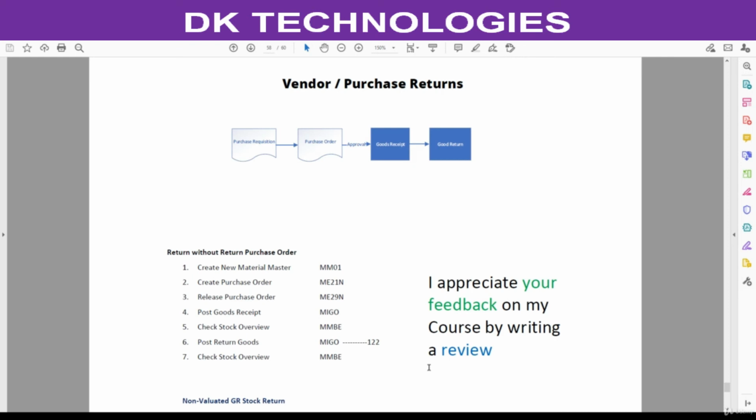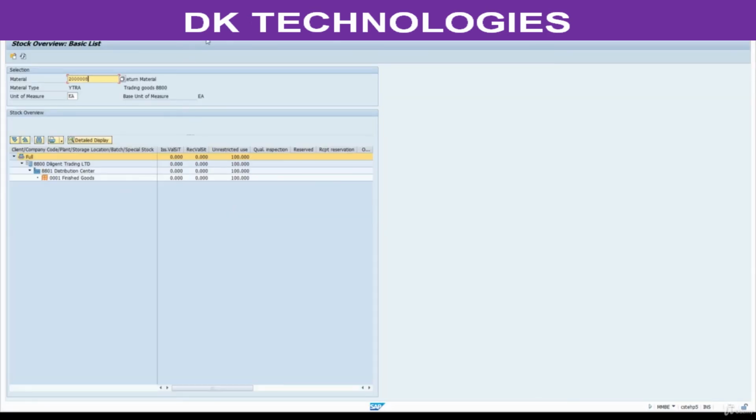The next step, due to any reason, we are not worried about the reason, we have to return this. We completed up to goods receipt. From here itself, we want to return this to vendor. Now post return goods. No need to create any purchase order. Go to MIGO.